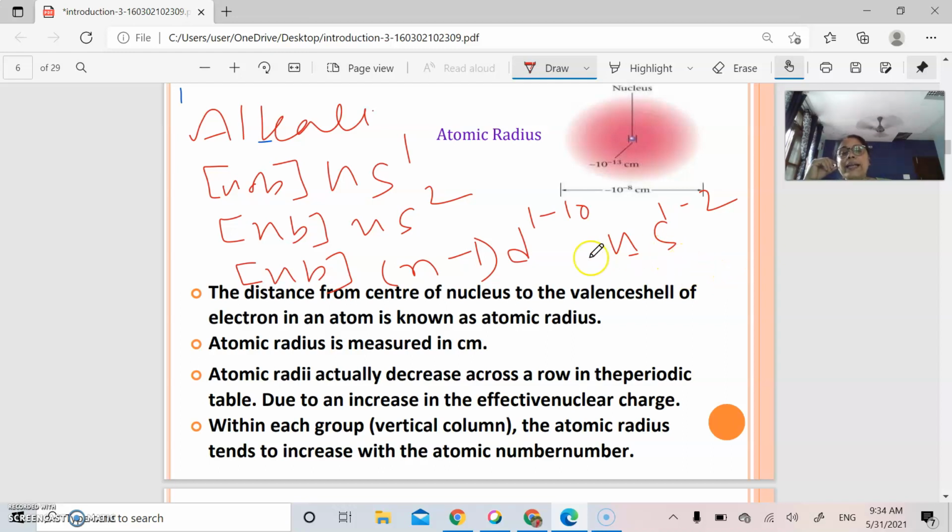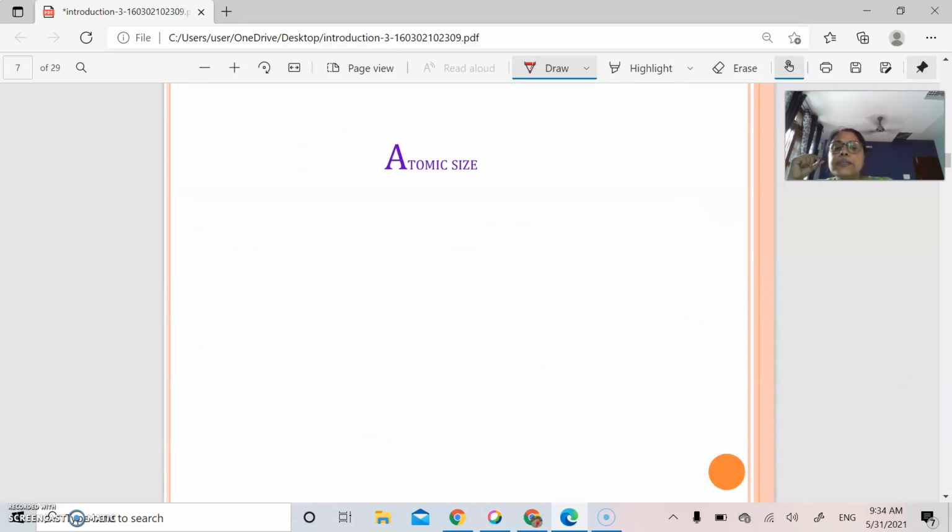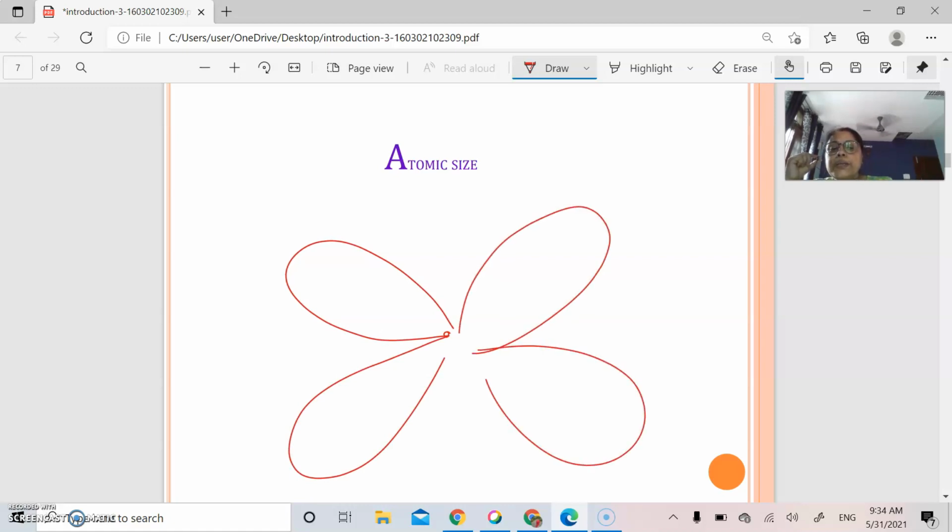But it has been found that the case is not like that. Even though there are d electrons, the shielding or screening effect of the d orbital is found to be very, very small. This is because the d orbitals, we know, are more diffused in space, or you can say they are more scattered in space. And as a result, if we consider this is a d orbital, suppose dxy orbital, this is suppose x-axis, this is suppose y-axis, then the d orbitals start from principal quantum number n equal to 3.